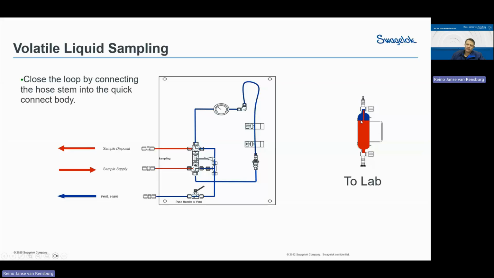So now you can see after taking that sample, I still have that vapor space available, and that will make sure if the sample heats up and it starts to increase in pressure, it will fill into this vapor space and not damage my cylinder like you saw on those previous pictures.